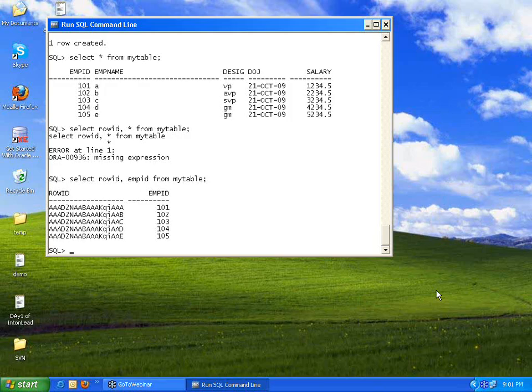Can I undo some delete operation or update operation? We will see that in the next class. There is something called transaction processing, commit and rollback. You can undo some of the operations. We can do that. Someone has asked, can we edit row ID? No, you cannot do that.